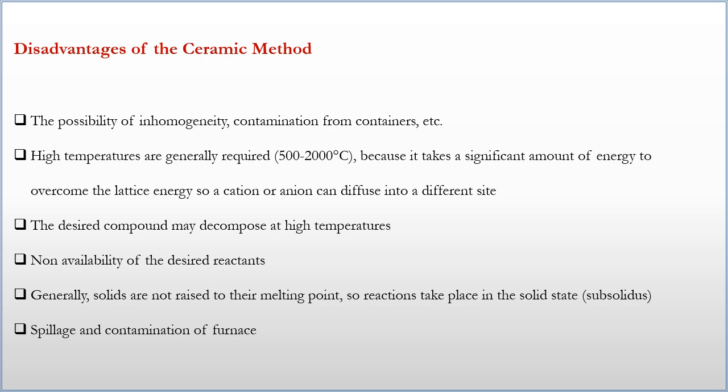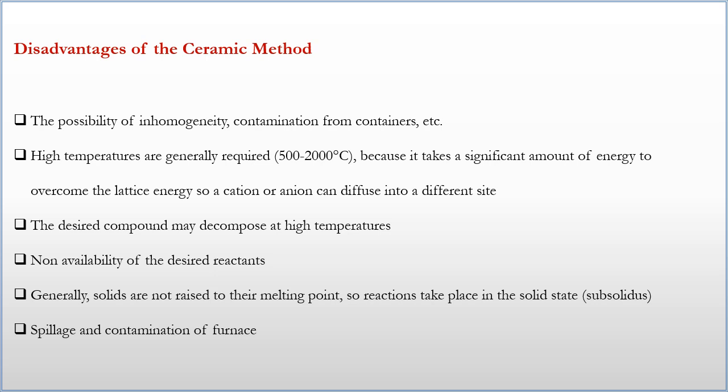And another thing is that our reactants or one of the reactants should not melt at the reacting temperature. For example, if the reaction between A and B takes place at 1500 degrees centigrade, both A and B should not melt at 1500 degrees centigrade, plus the product which is being formed at 1500 degrees centigrade should be stable there. It should also not melt or decompose,